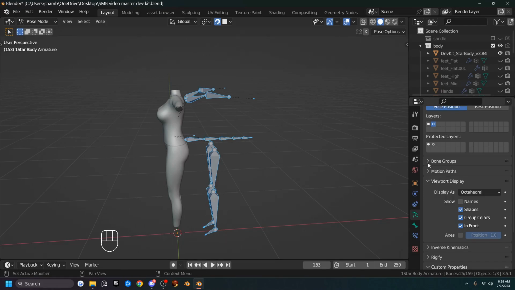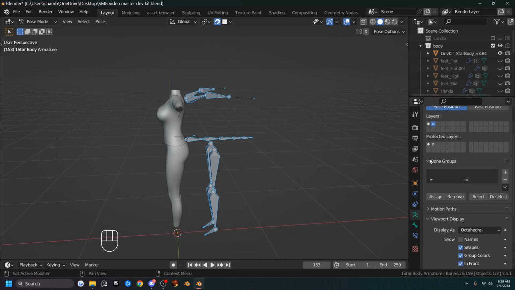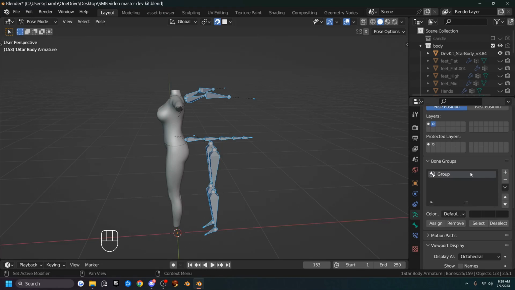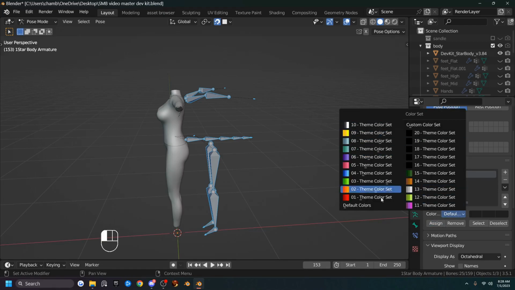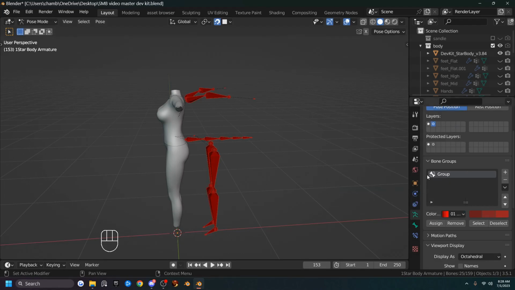So if you hit bone groups here, we can select down, and I have the second one selected here. And we can hit the little plus and go ahead and assign that. And then the colors are defaults, and we can pick a color here. So we're just going to pick, I don't know, red for the back ones. And we can name this, oh, I don't know, rear